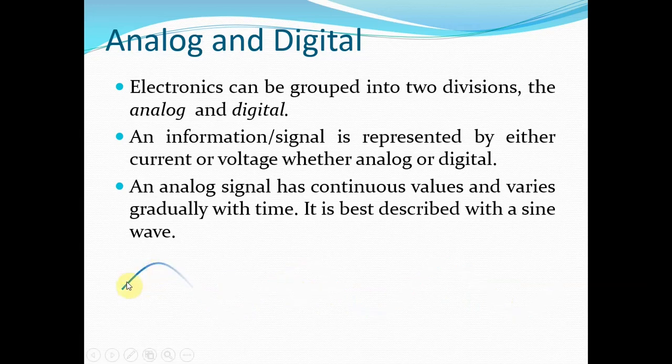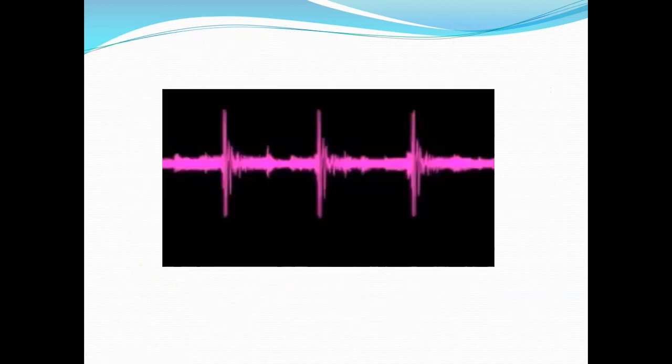Notice that at any particular time, the voltage value is different. So in an analog signal, we have an infinite number of voltage values. Same with when we talk, we have an audio